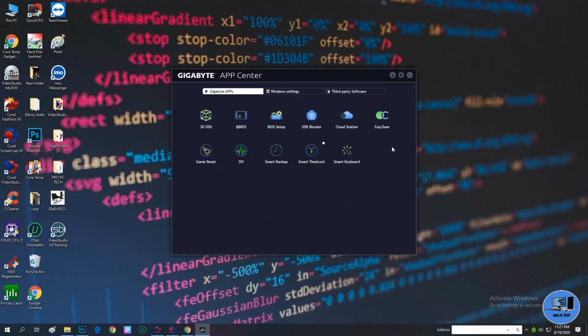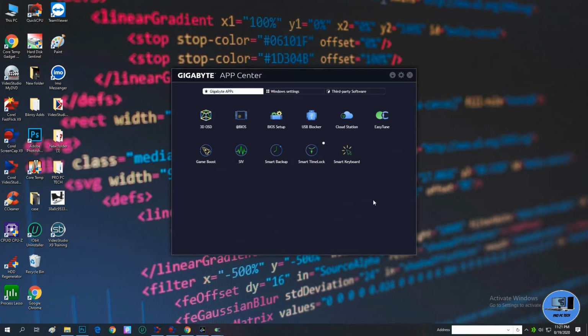But I'm just going to talk about only the EasyTune, the overclocking feature of this app. So let's go to this EasyTune feature. I'm just going to click it now.